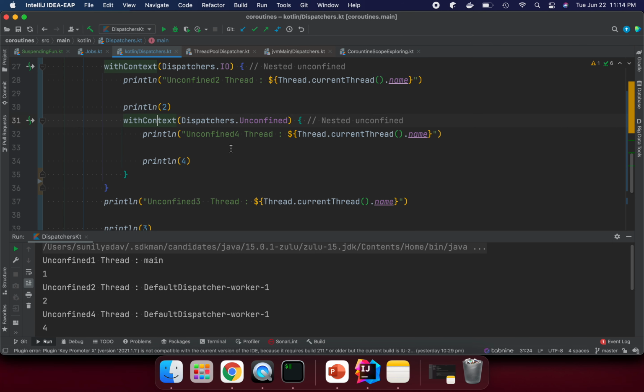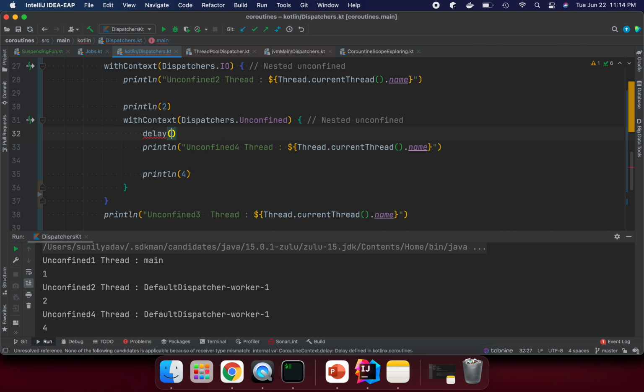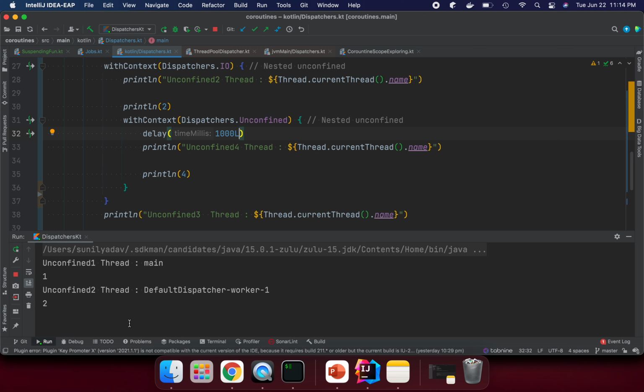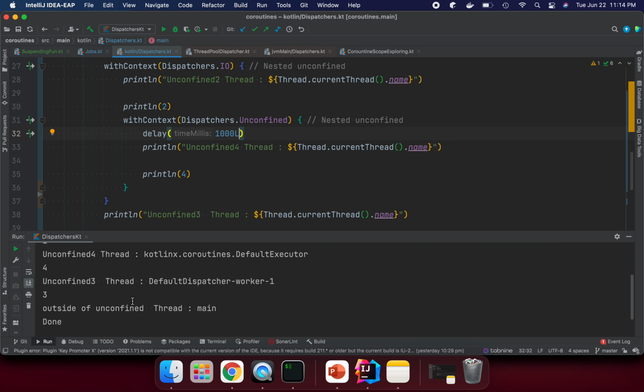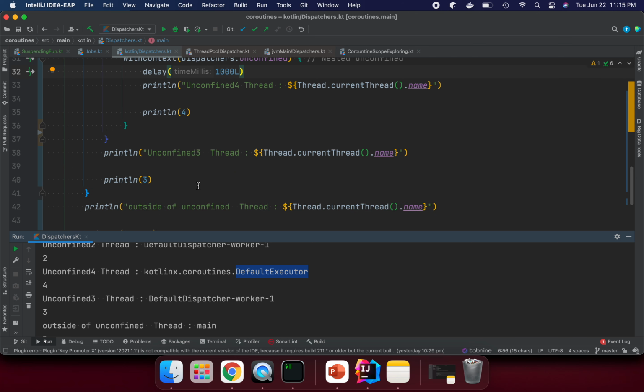Now if we delay something here, let's do a delay for 1 second. Let's see what the change is. So 4 now is running on the default executor because it's moved out of this context, because after the delay everything is completed.